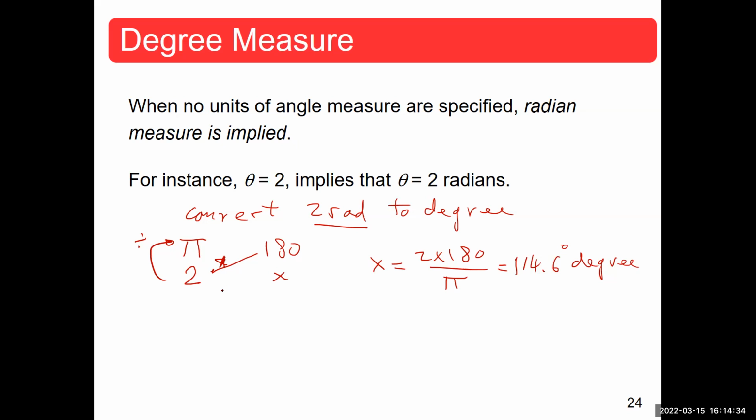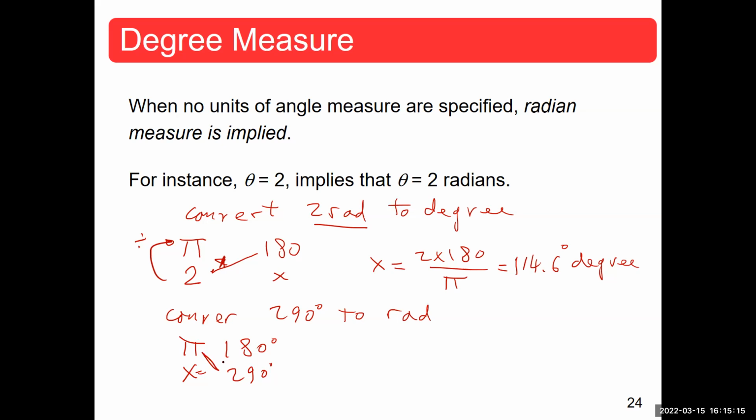That's in degree. Now, if I ask you convert 290 degree to radian, how do I do it? I start the same way, pi radian is 180 degree, same way. What is given to me is degree. I put the degree under the degree. What is looking for is X. So the same thing, I'll leave the X alone. X equal